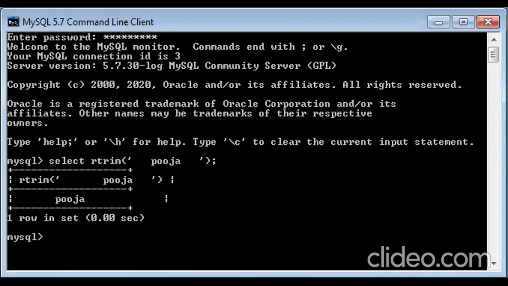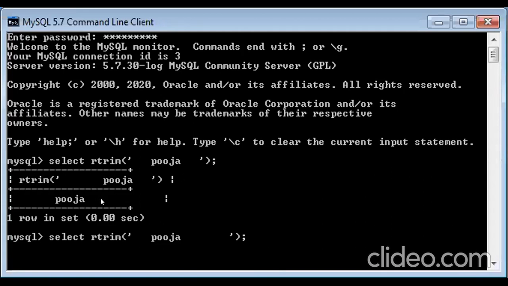So you can see you cannot really identify that. Why is it appearing like this? You cannot really identify whether from the right hand side the space has been trimmed or not. This is because it is very difficult on the screen to identify whether this space has been removed or not. Even the column name is also having that much space.